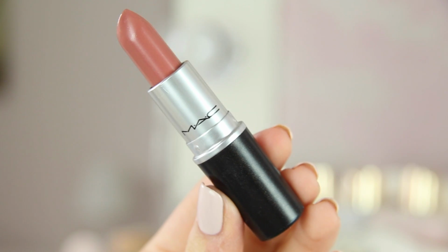Next I've got Patisserie, which I didn't get too long ago. I haven't actually used it yet, but I've been looking at this colour for a while, and for the last year, every time I've gone in, like I fancy a new MAC lipstick, this is always a contender, but I would never actually get it. I would always go for something else, but I eventually decided to get it the other day. It's really pretty. This is another really neutral,